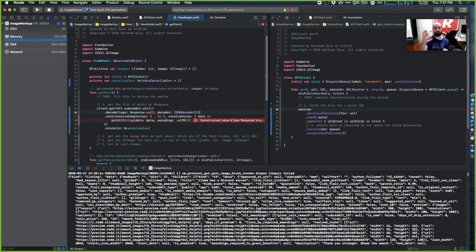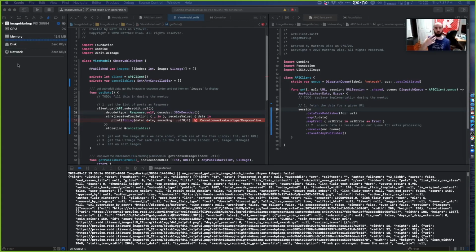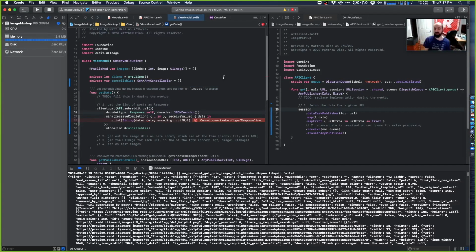Like a network request will emit a response, or a button will emit tap events every time the user taps it. A stream, like a file stream or data stream, will emit an event every time it gets some data. And then it gives you a set of primitives for using the things that come back. So you can do things like mapping and filtering and smooshing them together, breaking them apart. A lot of the things you would do on Swift collections, you can do with these streams of events